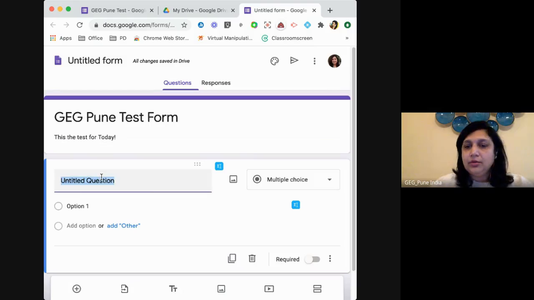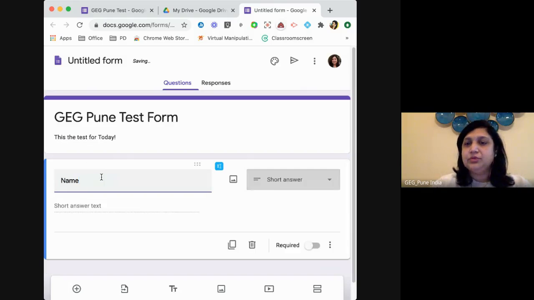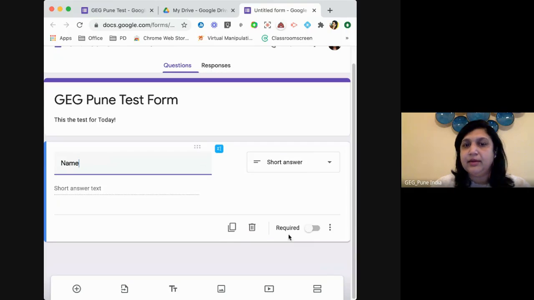Now, the first question I always like to ask is, write your name. All students have to write down their name. And now the name is a short answer. So you don't need to change anything. The form automatically identifies what type of input you are given, and it suggests an option. You always have a choice to change it, but most of the time, name is always a short answer, so a student can write it. The tab here which says required, when I click this, a child cannot proceed ahead without entering. So you will never get a quiz submitted without a name or a roll number or anything. So any question that needs to be answered, you have to have this tab open.